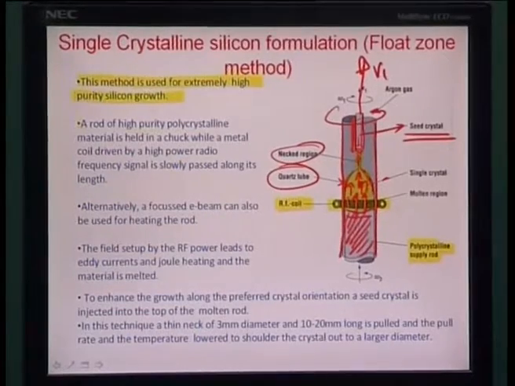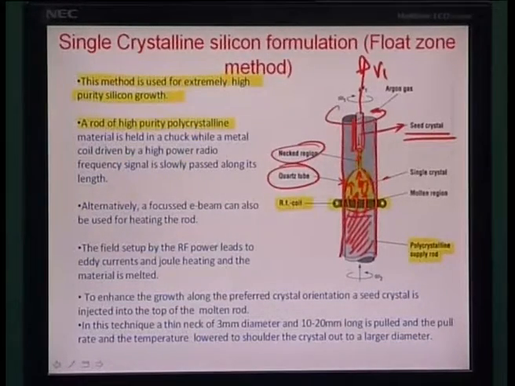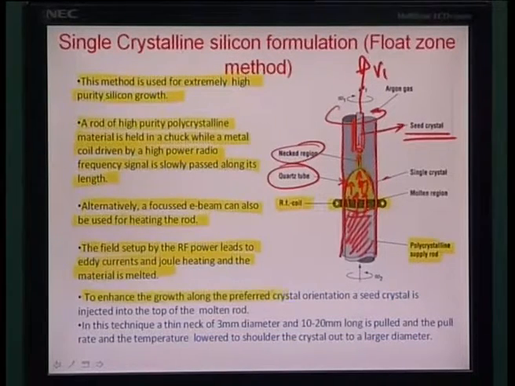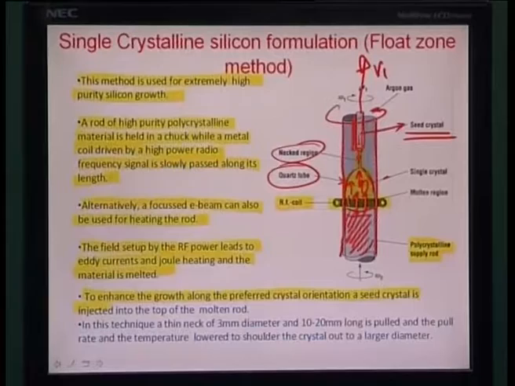A rod of high purity crystalline polycrystalline material is held in a chuck, while a metal coil driven by a high power radio frequency signal is slowly passed along its length. Alternatively, a focused E-beam can also be used to heat the rod, though an RF frequency is used normally. The field set up by the RF power leads to eddy currents and joule heating, and the material is melted away. To enhance the growth along the preferred crystal orientation, a seed crystal is injected into the top of the